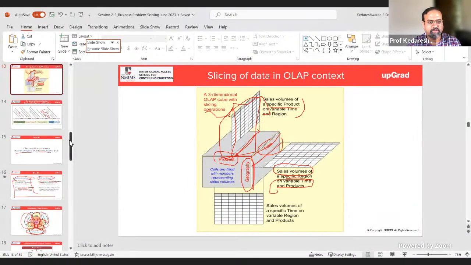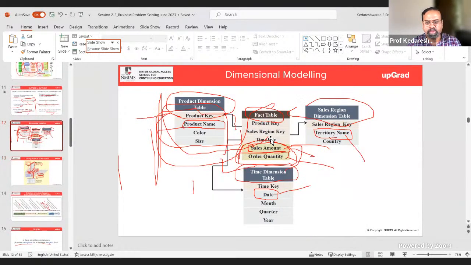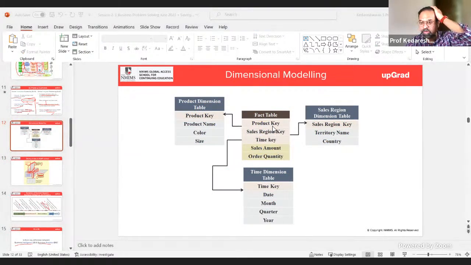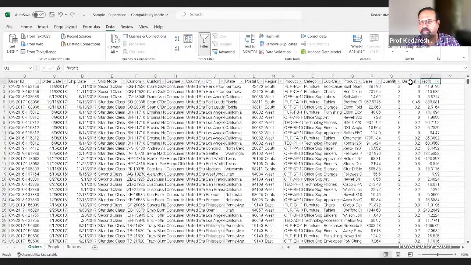So if you see in this diagram now, all your quantitative data we call fact in the traditional ETL context. In Tableau, we call them measures and dimensions, which is a very good way of explaining the same thing: dimensions are qualitative fields, and measures are quantitative fields. Like in this case, sales amount, sales order quantity. In our case, it is profit, discount,